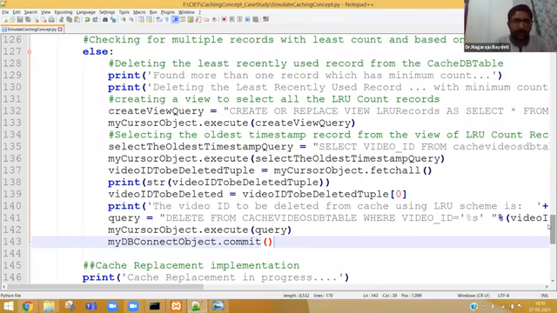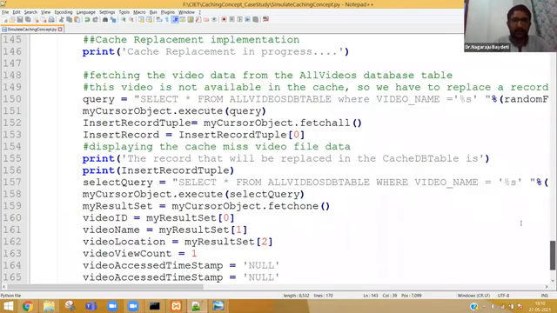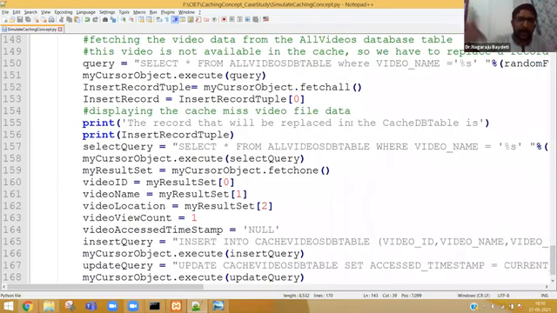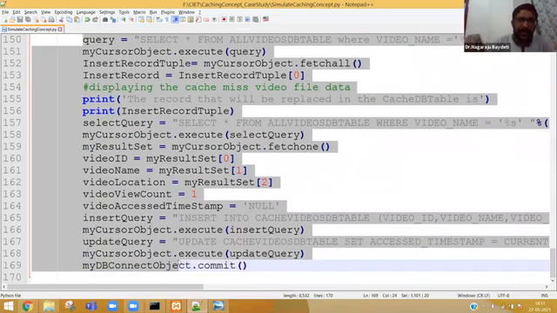After deleting, what do you have to do? This is common, which I already explained. We need to insert. One record is deleted from the cache, so the new entry should come. So line number 150 to 168 is exactly like line number 38 to 58. There is no change.